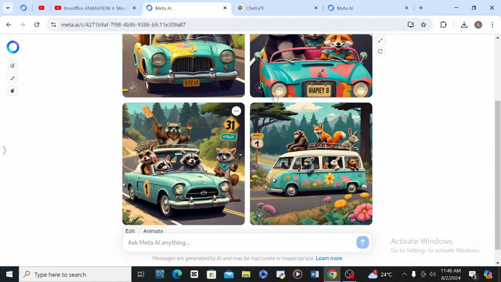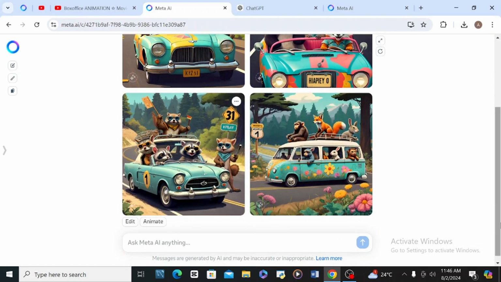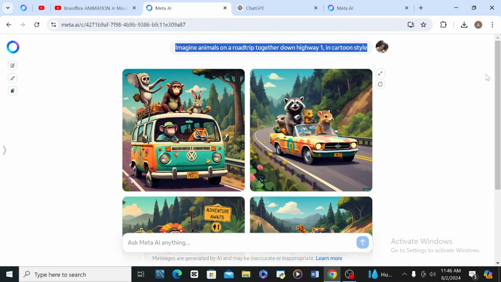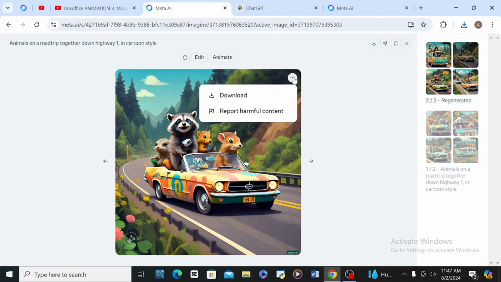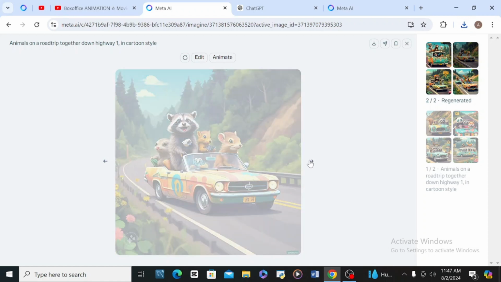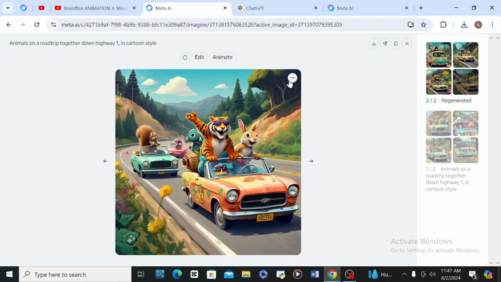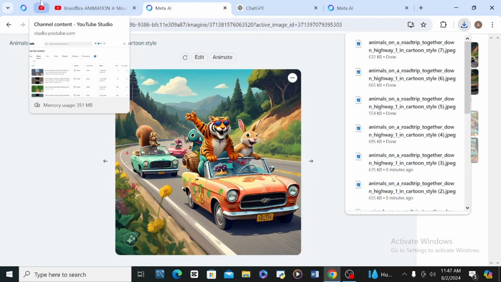So after you have saved all the images that you want, as you can see, all the images that we want are here. If I don't want those ones, I can as well tell it to regenerate all of them again for me. It has regenerated all of them, and I'm also going to save it. So after I've saved everything,